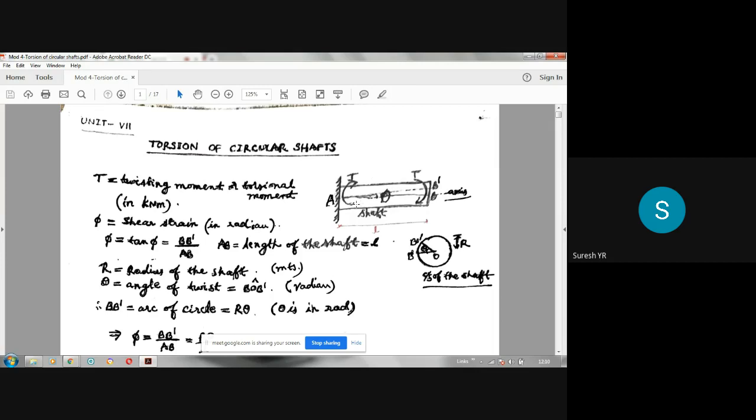Twist means at one end it will be like this, at another end it will be like this. At one end it will be clockwise, at the other end it will be anti-clockwise. Of course, there is a mistake here. This arrow should come here. So at one end it is clockwise, at the other end it is anti-clockwise. If you see across the cross section, one end will be subjected to clockwise, the other end will be anti-clockwise, like this. So when a twisting moment